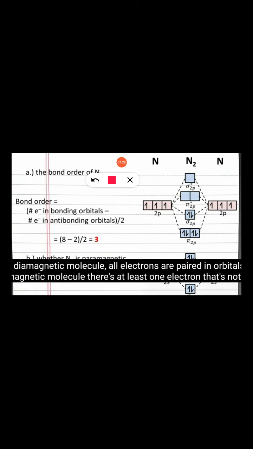Now see here how the bond order of N2 is calculated. Here the electrons accommodate in the 2s2, and here also 2s2 electrons accommodate, in the anti-bonding and bonding. In the same way, in the p orbitals, one electron in each, then another electron, so that pairing takes place and it becomes 6 electrons. So here the bond order formula is: number of electrons in bonding minus number of electrons in anti-bonding, divided by 2, right?